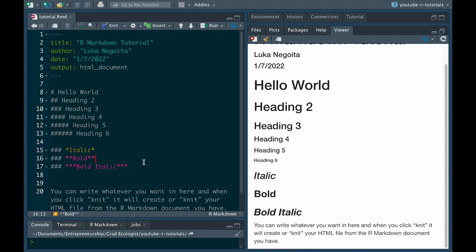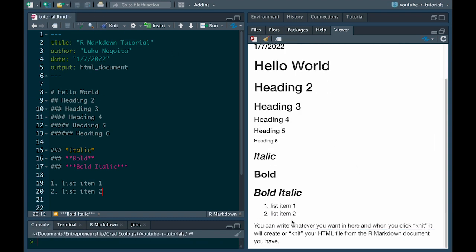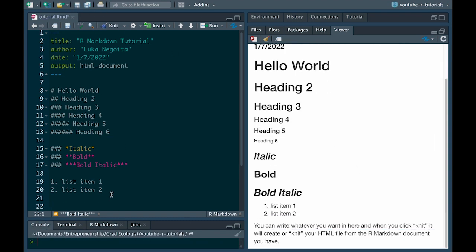You can also list things with numbers. So if I say 1, list item 1, 2, list item 2, etc. If we run that, see we have these number 1 and 2. You can do bullets, just using little dashes.